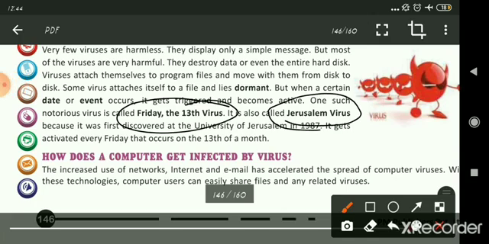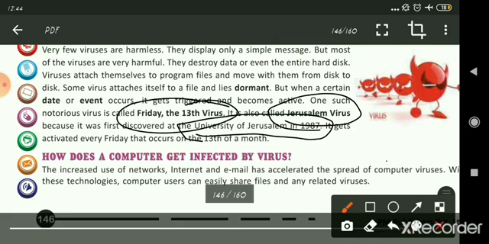It was discovered at the University of Jerusalem in 1987. It came on Friday, that's why its name is Friday the 13th virus. And it was discovered at the University of Jerusalem in 1987, so it was given the name Jerusalem virus.